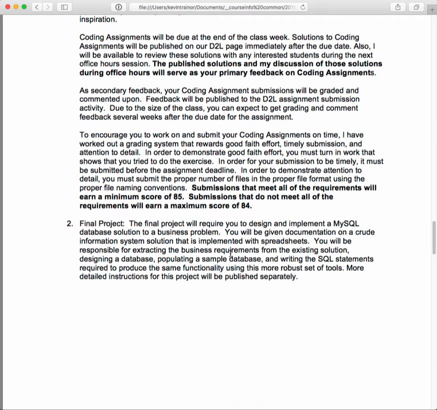So, to encourage you to do things on time, I have this deal whereby if you meet all the requirements, you earn a minimum score of 85. So if you got 100, you'll get 100. Okay. But if you tried it and you did